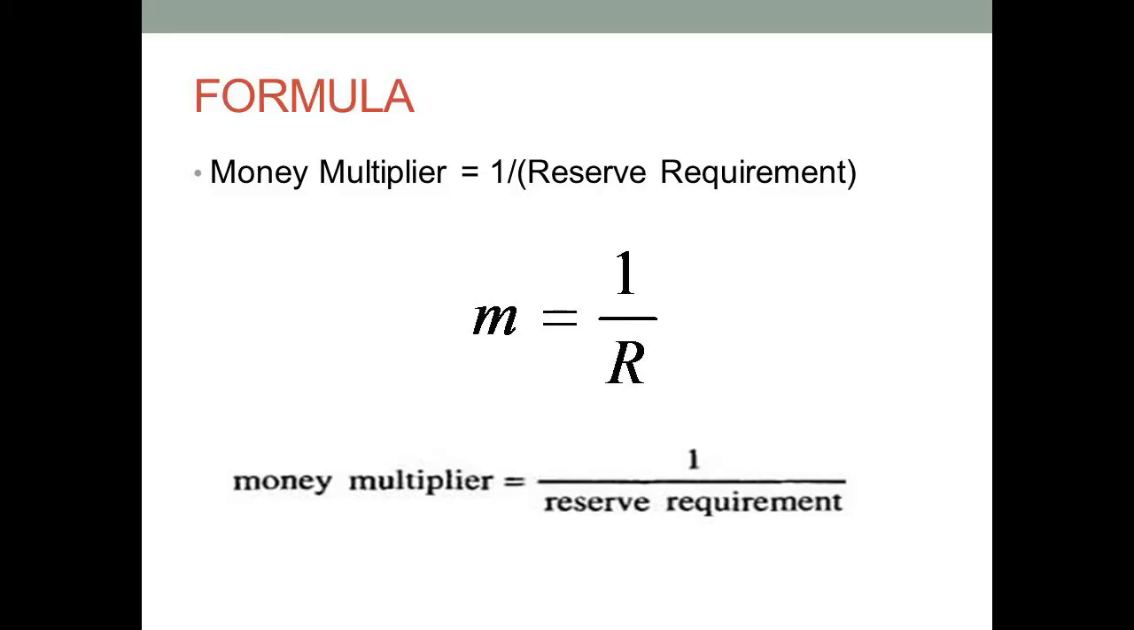So again, you're going to have a decrease of not just 50, but 50 million times 1 over the reserve requirement. So it's 50 million times 1 over 0.1. 1 over 0.1 is 10. So it's 50 million times 10, or $500 million decrease in the money supply overall as a result of this